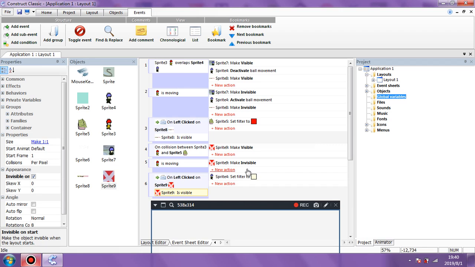Anyway, when this is visible and I click on that, this dude's going to be set to yellow. I'm hoping this is going to work. It's either a glitch we're facing right now or something, but we've done really well so far. Hopefully things will work out, and we can work things out anyway.